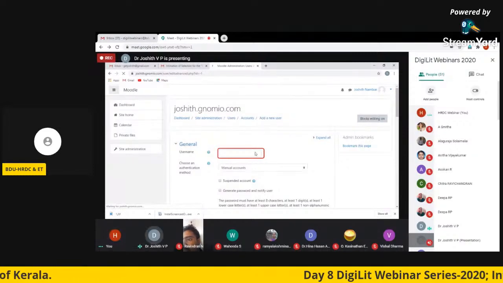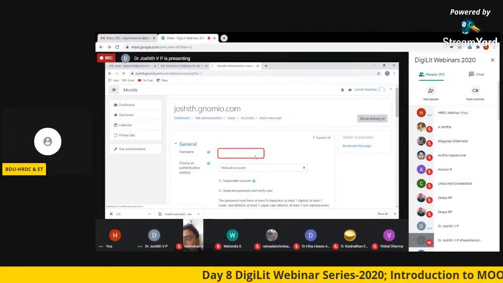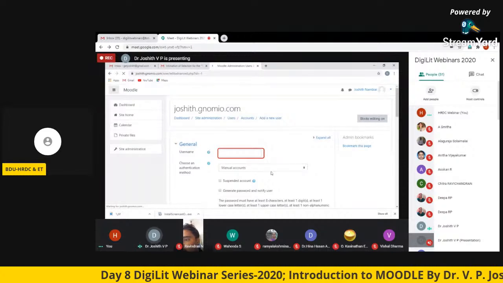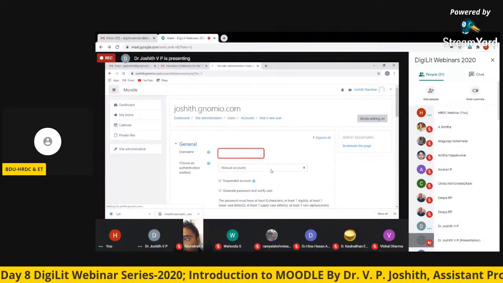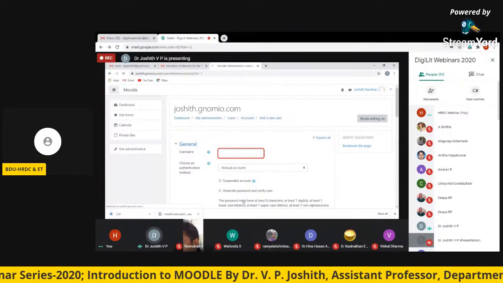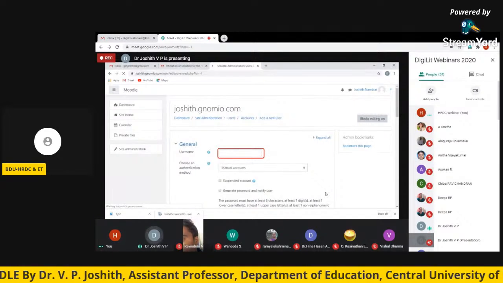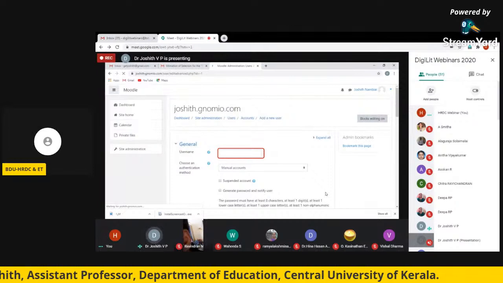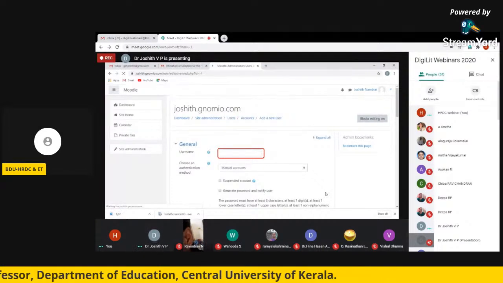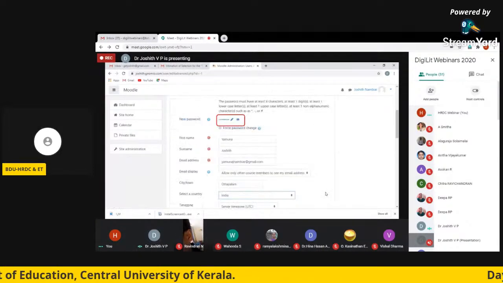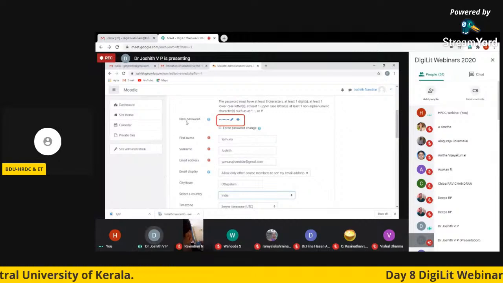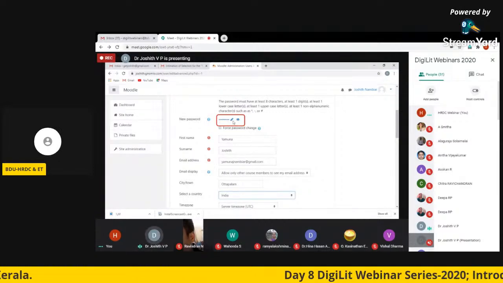Give a username according to your choice. Authentication is manual account. Don't select suspended account and generate password. Please don't select, because if it is a generated password, you cannot log in and see whether the user is enrolled. Now, give a password by clicking the new password, the pen button there.